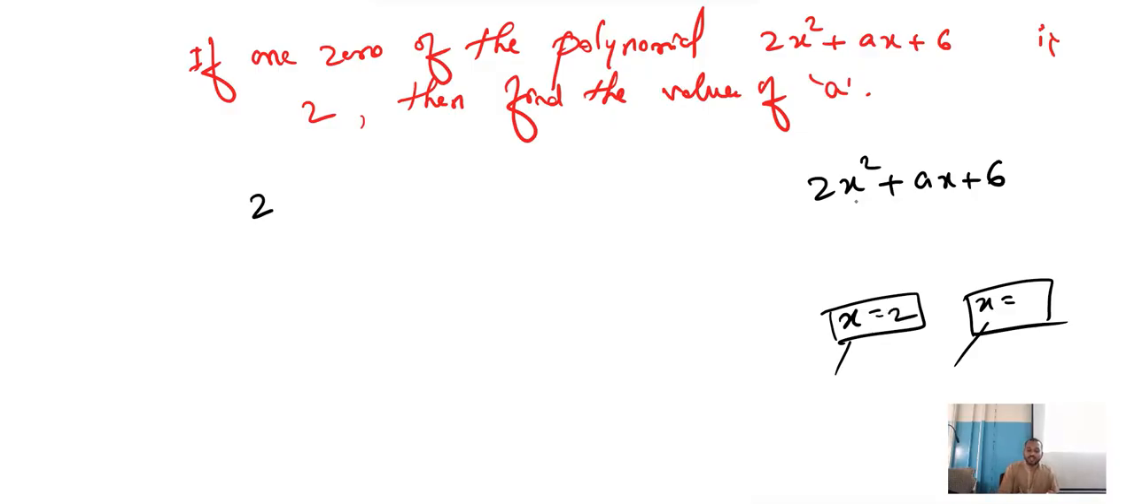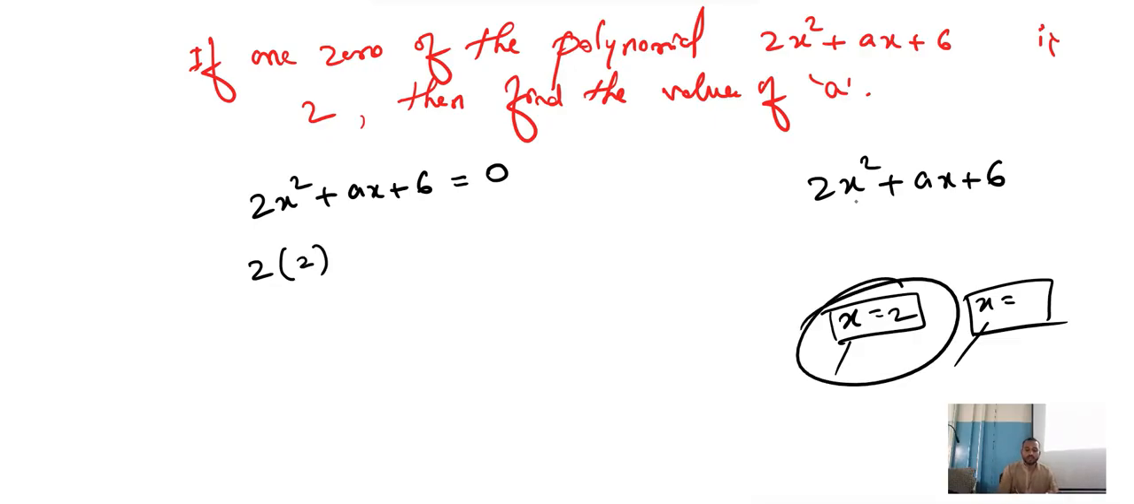Now in the given expression 2x square plus ax plus 6, convert this expression into an equation before you start solving the problem. Now in place of x substitute 2, so that you will get the value of a. That's it. 2 into, what is the value of x? 2, because one zero is 2, no? So x is 2